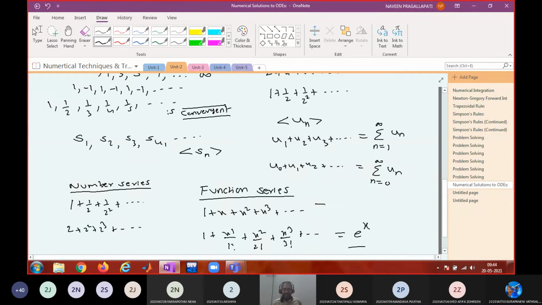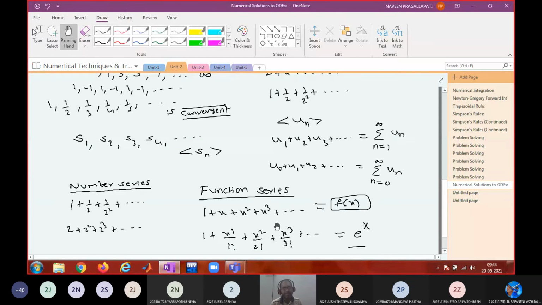And what is the formula for the sum? It can be some function of x. Finding that may be highly difficult for an arbitrary convergent series. So first we will know there are methods, we have sufficient methods, to tell whether it is having a sum or not. If it is going to have a sum, then you can apply some method to find the exact value of the sum. If you cannot find the exact value of the sum, at least you will find the approximate value of the sum by taking some 100 terms or 1000 terms, by neglecting the remaining terms.